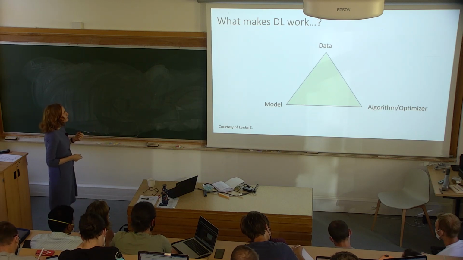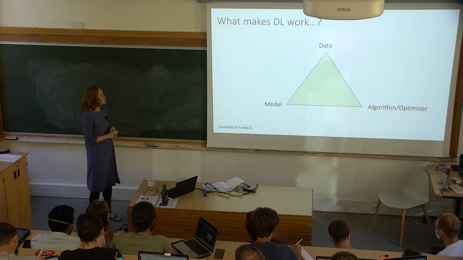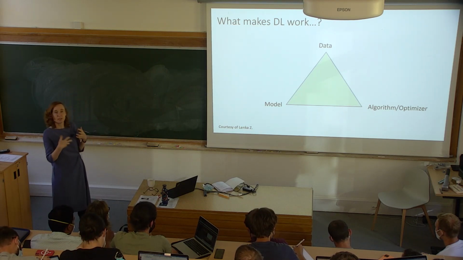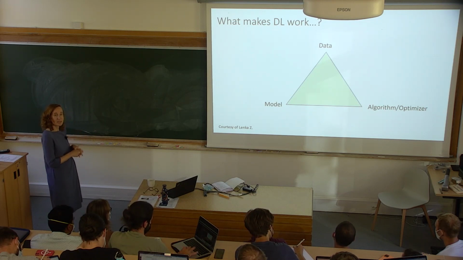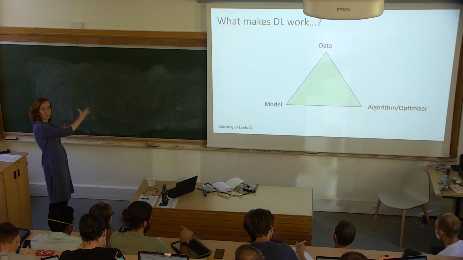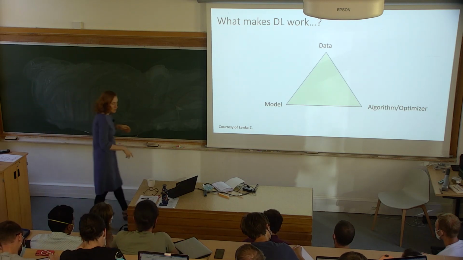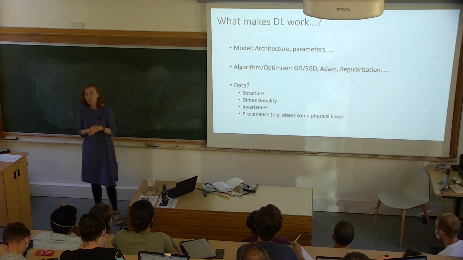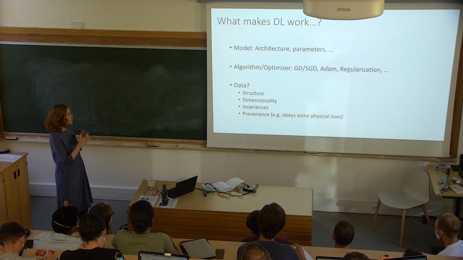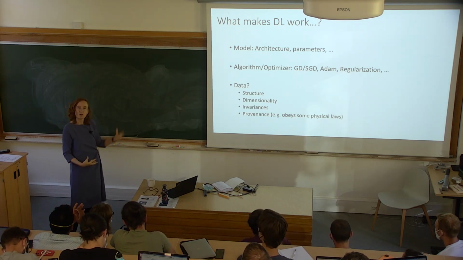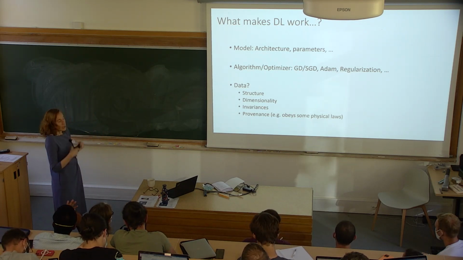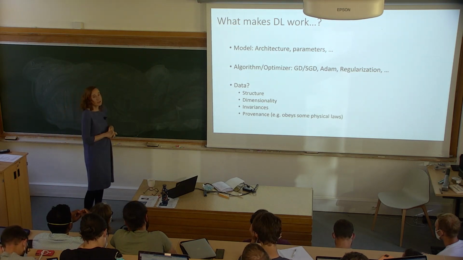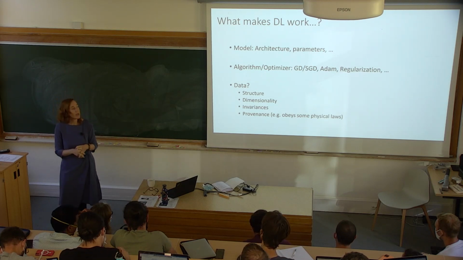And you have seen mainly these beautiful lectures of Nati on the interplay between the model and the algorithm, where we get these implicit biases which come from the optimizer and the model, right? So you have seen these things. So that's one thing. I want to focus more on, so what are these things? The model is the architecture, the parameters, the depth, convolutional, non-convolutional, all that stuff. The algorithm, SGD and GD, our favorite one, but also others, regularization, and of course the data, which I want to focus on more, because